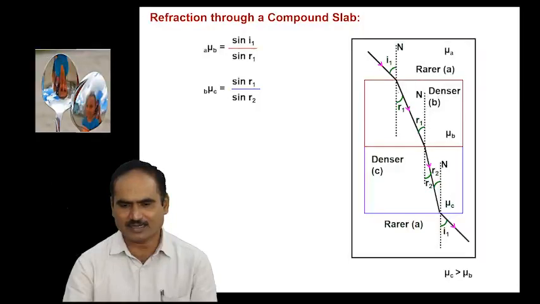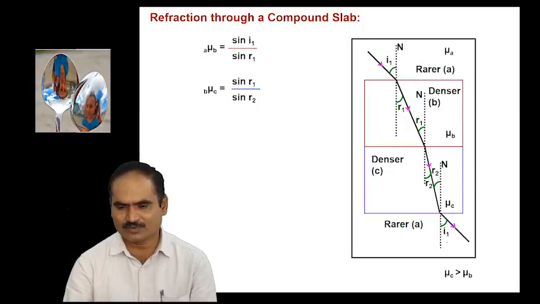This R1 is the angle of refraction in the first medium, and the same ray is incident on the another interface here with an angle of incidence R1, because both R1 are equal, as I told you in the previous slide. Here also the same thing. So then after refraction through the second medium glass slab, it will be R2,